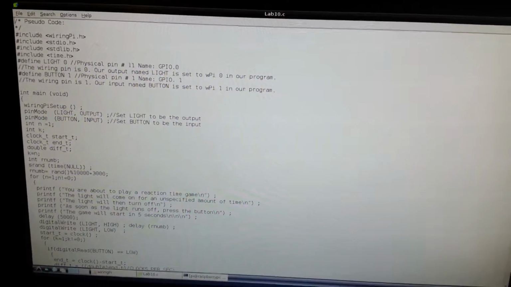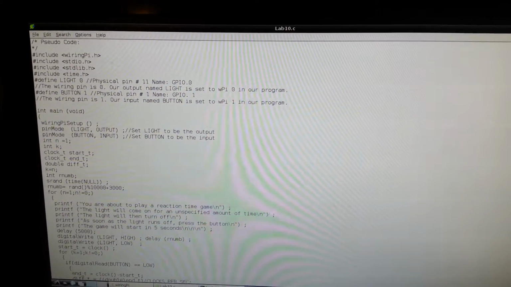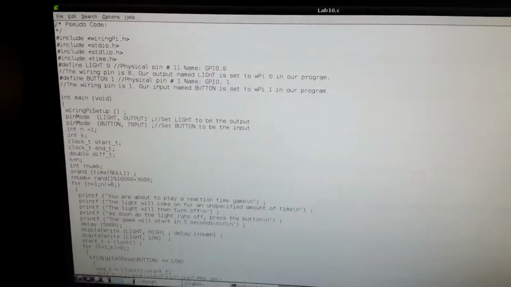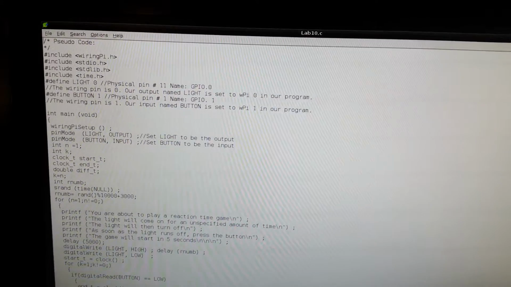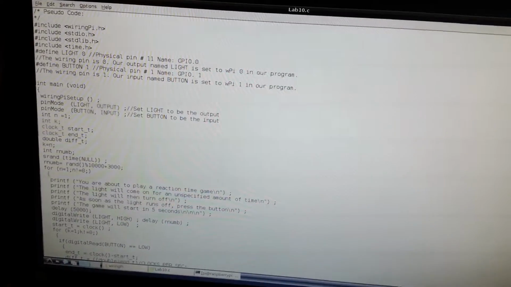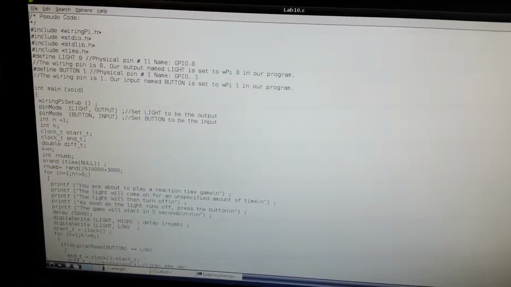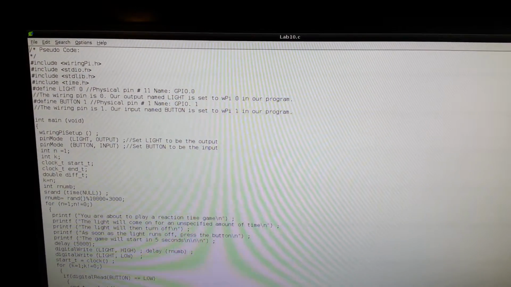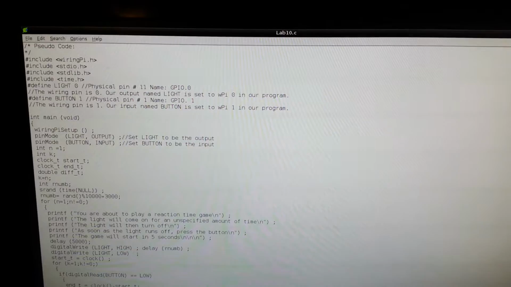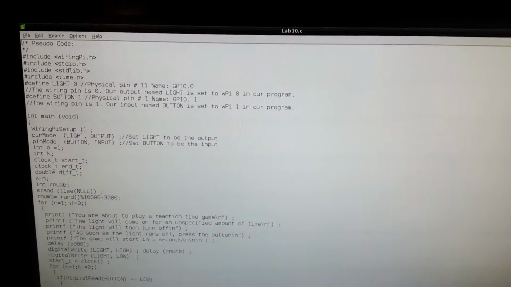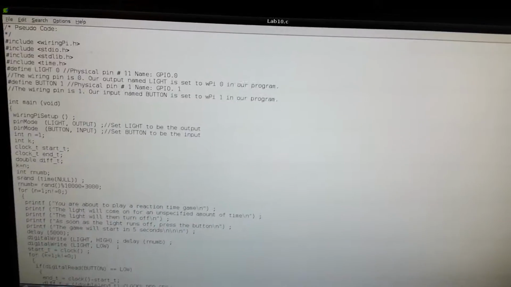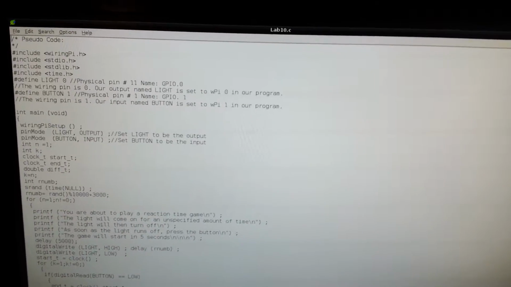What I am doing is making a reaction time game using a simple LED light and a button switch. At the top of the program I have to include wiringPi, and I also have to include the standard I/O header, standard library, and time.h header because they'll be used later on in the program. I define my LED light, which I name light, to be pin 0, and I define my button switch